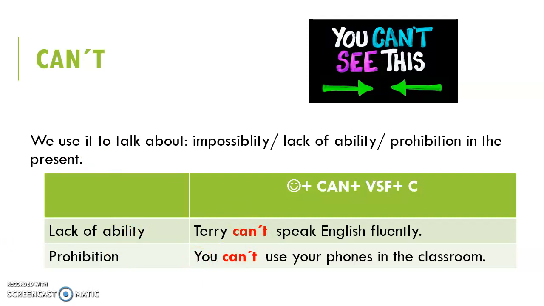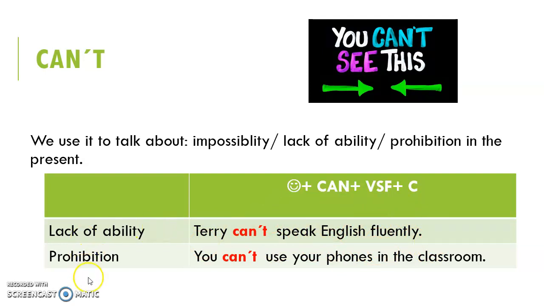Okay? Entonces, aquí también es muy sencillo, chicos. Fíjense bien. Aquí no voy a usar auxiliares y voy a negar can solito, ¿ok? Si se fijan bien, aquí vamos a tener can't y vamos a tener can't. Entonces, ¿qué significa? Acuérdense que vamos a trabajar con dos significados nada más, que en este caso sería lack of ability, que esto significa falta de habilidad, que sería Terry can't speak English fluently, que significa que ella no puede o que no tiene la habilidad de hablar inglés